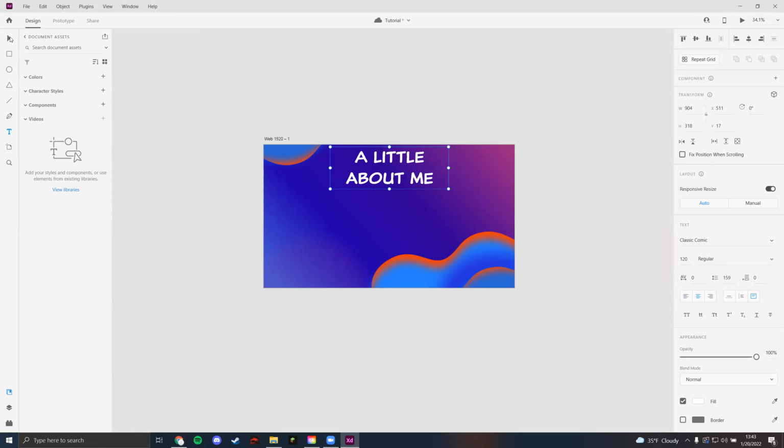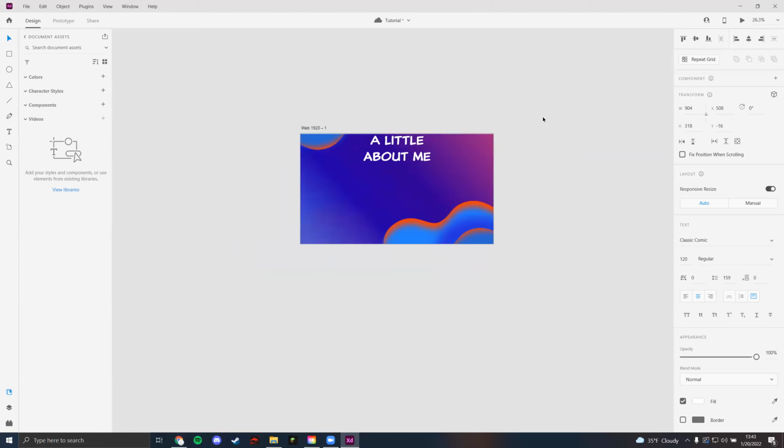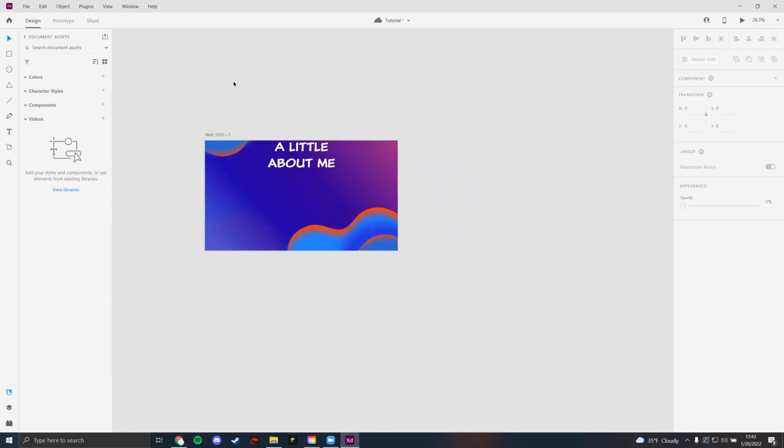You're going to get used to these functions later, and then I can move my text box anywhere I want by utilizing the select function. So I'm going to put it right in the middle there at the top. And then what I want to do is I want to make sure everything is named properly. So I'm going to run over to the layers section, and I'm going to take a look at Web 1920,